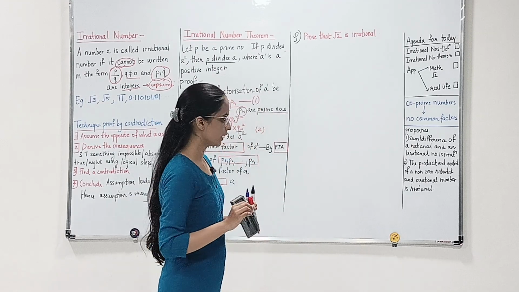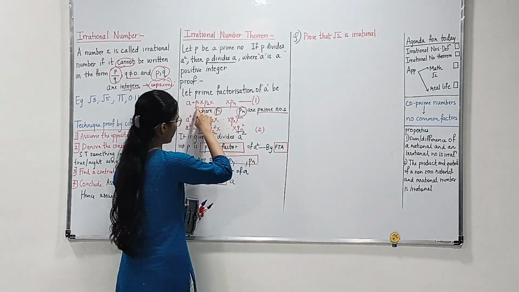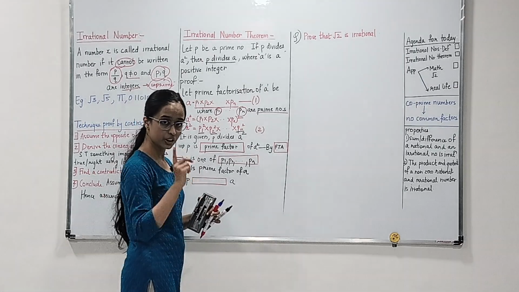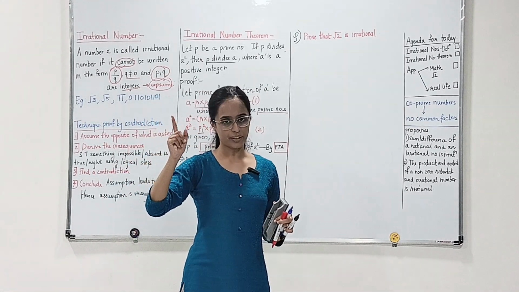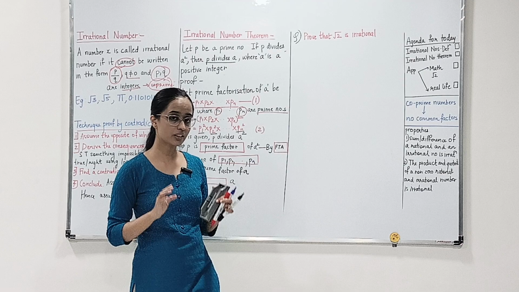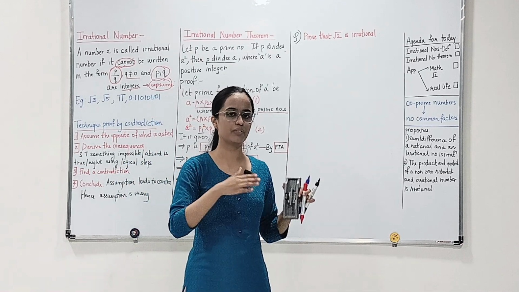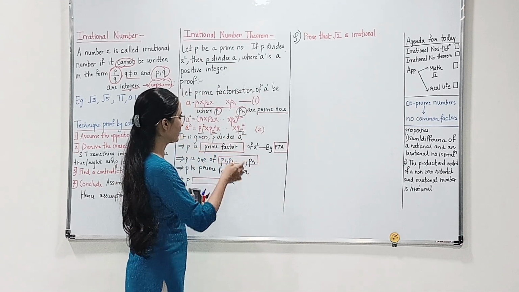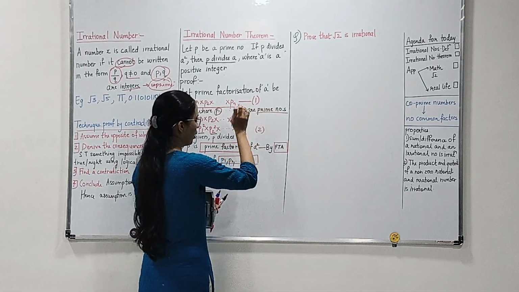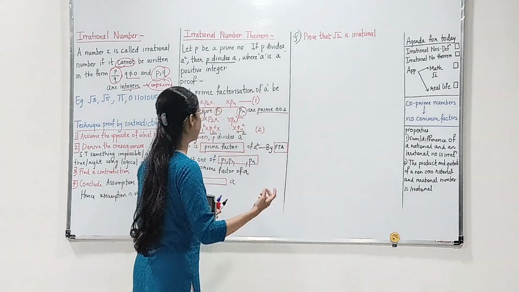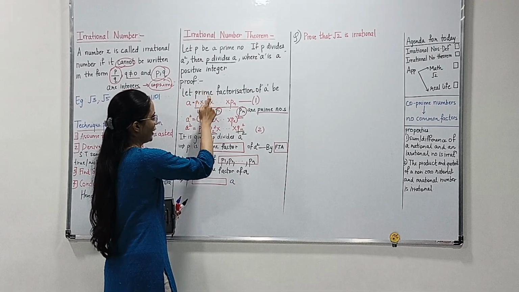That is why we are writing its prime factorization as P1 into P2 and so on, multiplied by Pn. Now what are these Pi's that I am taking, that is P1, P2 and Pn? These are nothing but the prime numbers and the prime factors of A, because we are writing it as the